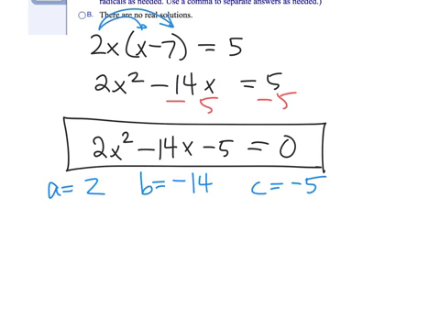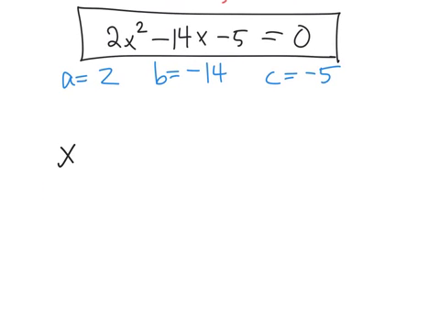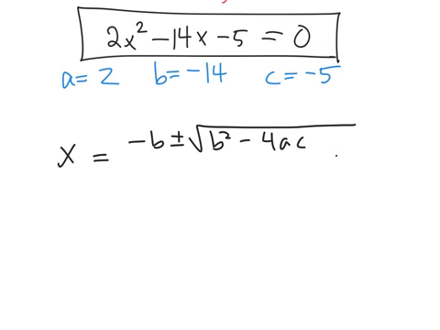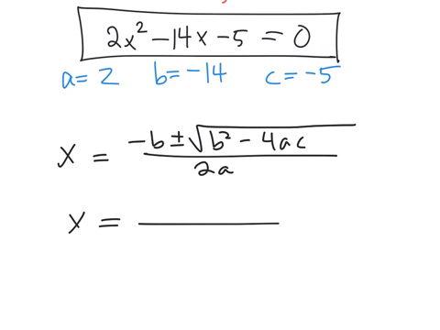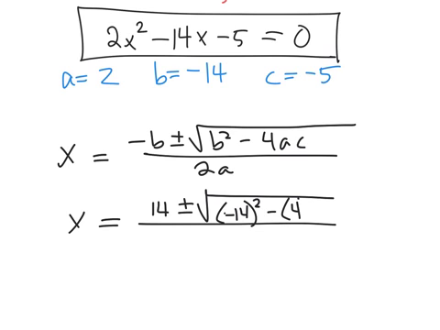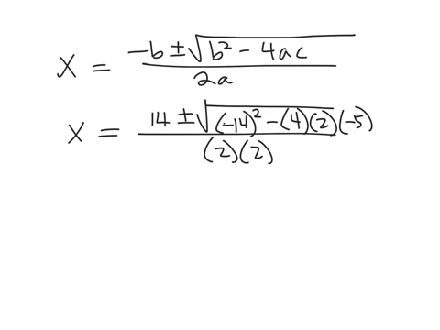All right, so here we are. x equals negative b plus or minus the square root of b squared minus 4ac, all over 2a. And so what is that? x becomes positive 14 plus or minus the square root of negative 14 squared minus 4 times 2 times negative 5, all over 2 times 2. I'm going pretty fast, so you might need to pause the video